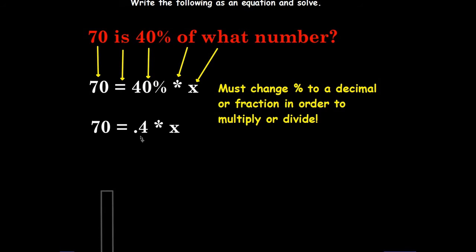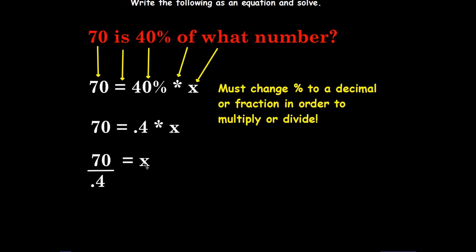I left it as a decimal for you guys, but you could have had 40 over 100, which simplifies to 4 over 10, which simplifies to 2/5. So I know 70 equals 4/10 times x. So hopefully you guys will remember that to undo this multiplication here, I want to divide. Now, I didn't write it here, but essentially, what I did on this side to cancel out that 4/10 was divide by 4/10, leaving me with x